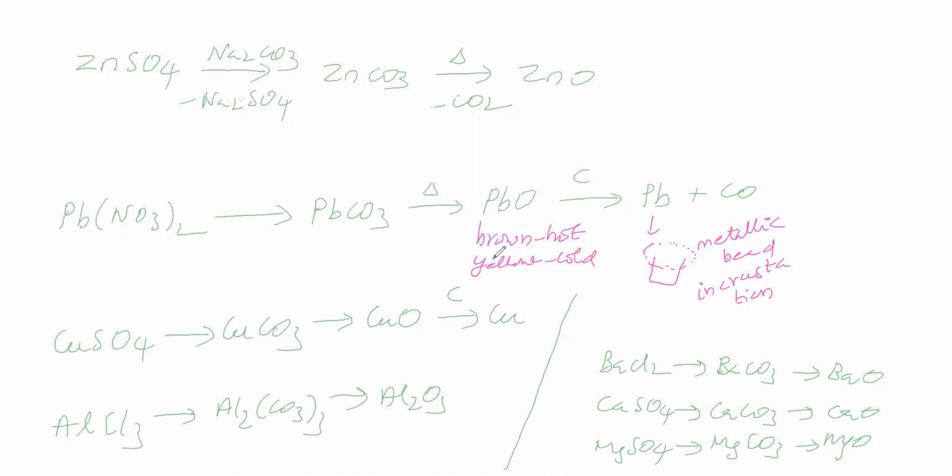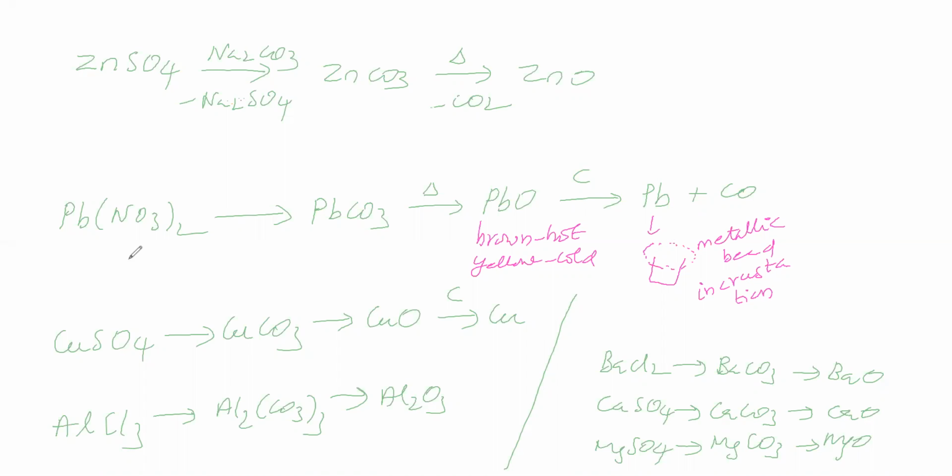Generally, how do we say where it is present? In the cavity, plumbous oxide is present. Around the cavity, the metallic bead, that is lead, is present. That is called incrustation. This lead metal is gray in color. It marks on the paper, writing on it. It will give some shades on the paper if you rub it over the paper.